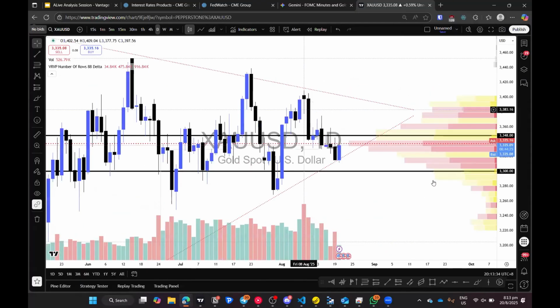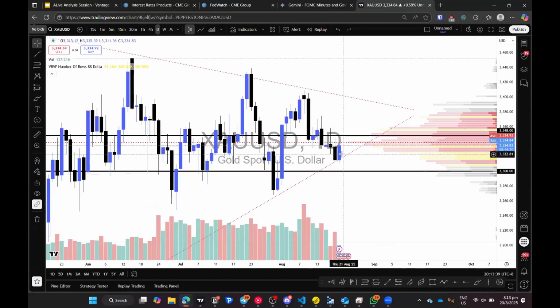Okay, so range, we want to keep within. And right now, because we have just bounced off the bottom, we want to look at the level where the sellers started selling without any support from the buyers down into this range. And right now, if we take out that level, then we will be bullish all the way up to around 3,400. Okay.